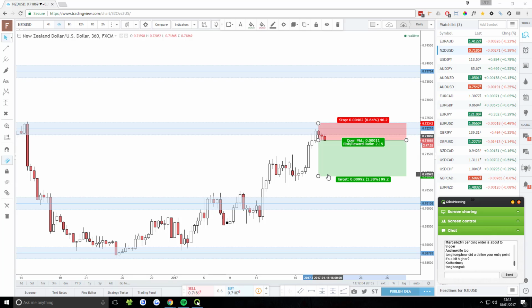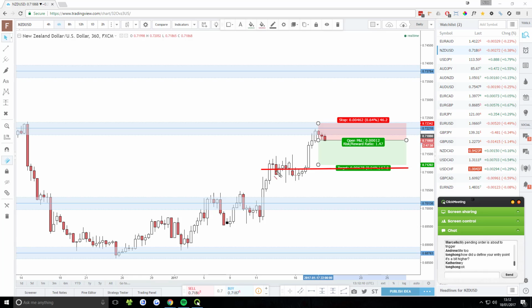So I would suggest that your targets be somewhere around here, possibly. It could be a little bit into that kind of problem area, but you wouldn't want it down here, all the way to the other side, because it's going to be tough for sellers to reach there, possibly. But of course, this also just depends. You just have to look at it and see how it plays out.